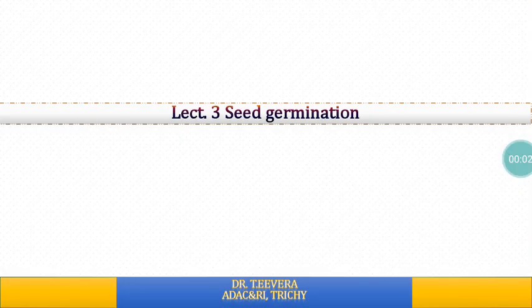Very good morning. In this video, I'm going to give you information regarding the various biochemical changes that take place in the seed system at the time of seed germination. In the previous videos, we discussed matters related to seed development and maturation. At the time of maturation, what is happening inside the seed is the storing of food material,